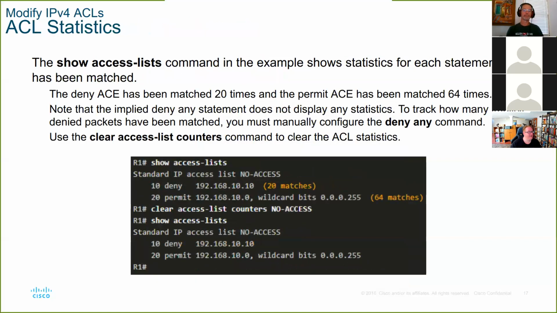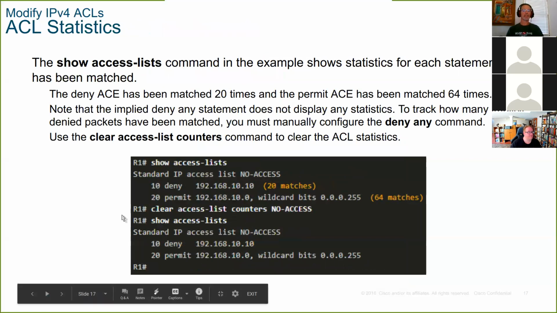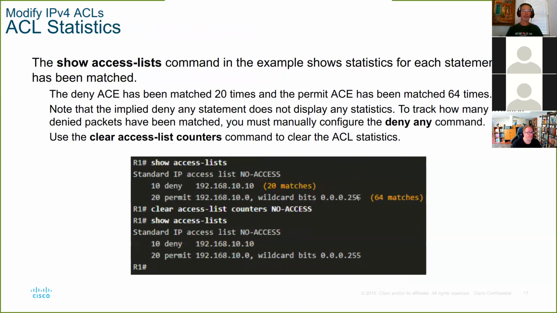It just is easier. You can look at the statistics, which show you how many times this ACL was matched and how many this was matched. So you might put one up there and you're testing it and it's not working and go in and see 0 matches, right? There's no matches. Why is this not catching it? I don't understand.